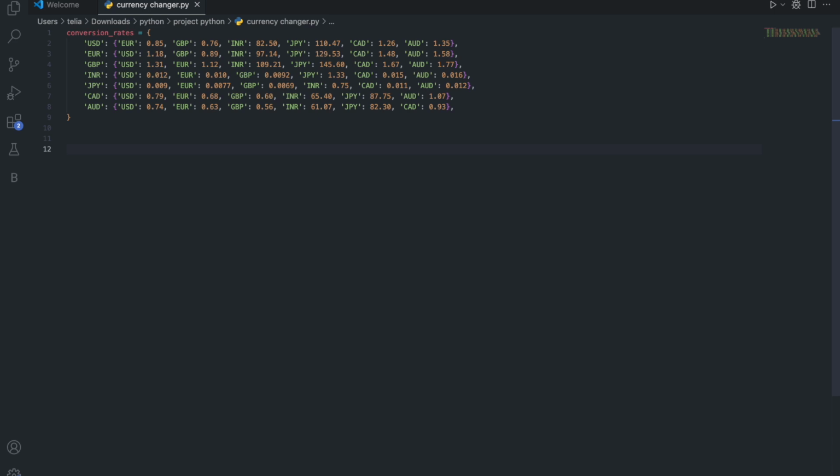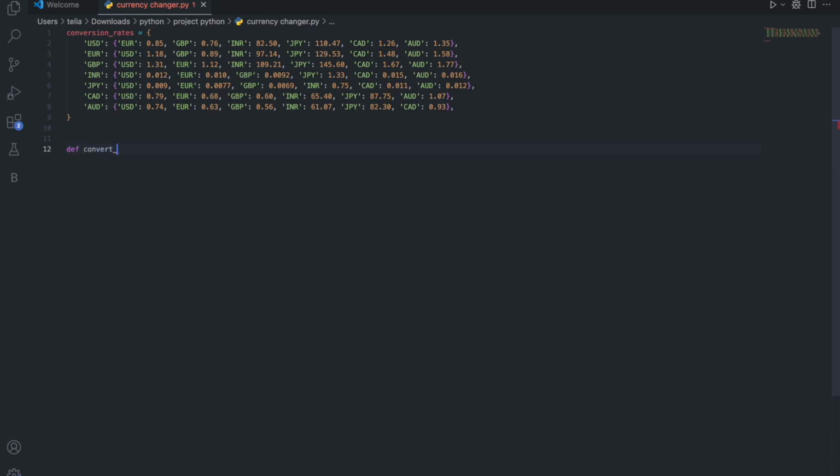And today we want to create it. It's very easy. Today we want to get three inputs from the user: one for the amount, the second for the first currency, and the third and last one is the target currency, meaning the currency we want to change to. So here we write one function: def